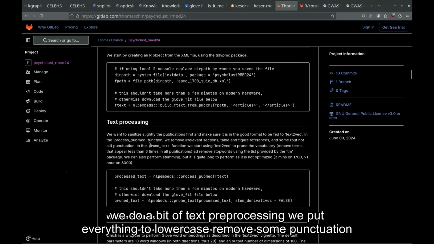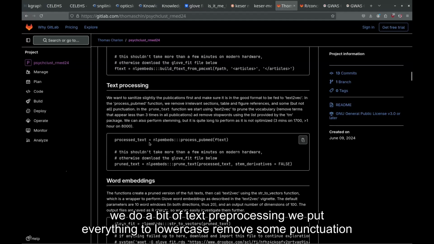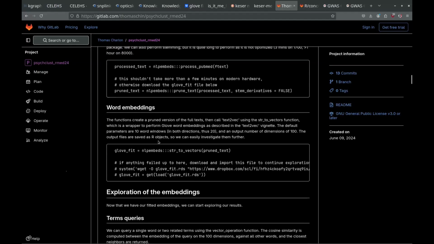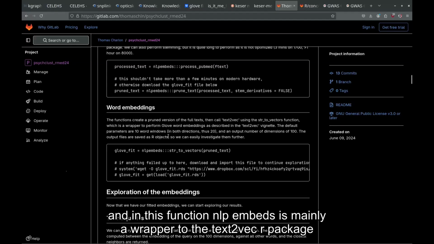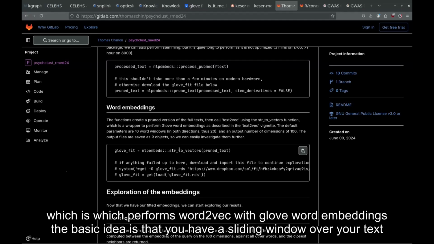We do a bit of text pre-processing: we put everything to lowercase and remove some punctuation. And this function, NLP embeds, is mainly a wrapper to the text2vec R package, which performs Word2Vec with GloVe